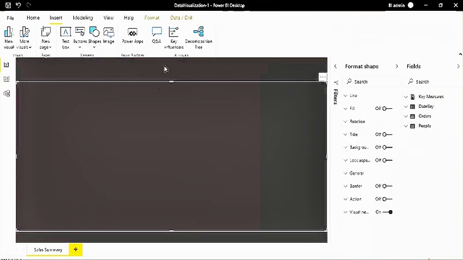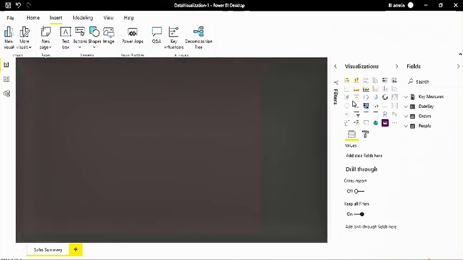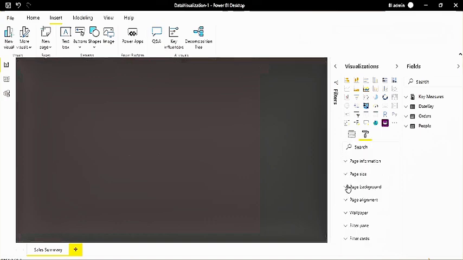Okay. Now inside this space, you want to change some color because you don't want to keep it the same. What you can do is change the background color, okay? And the font color, you just keep as a light color, and the background you can change to a dark color. So let me just change the background color.